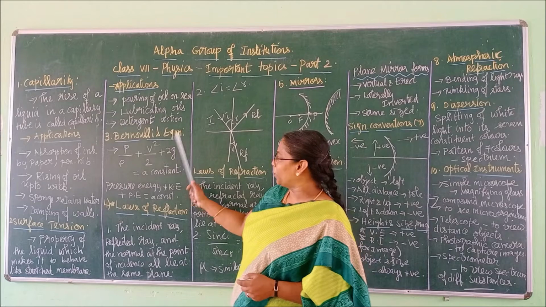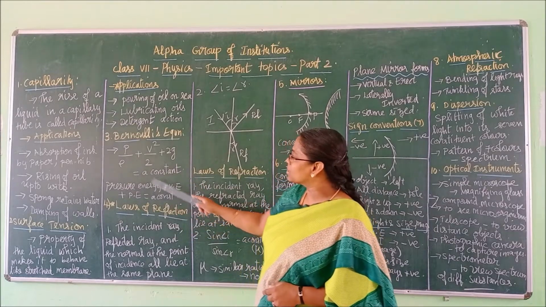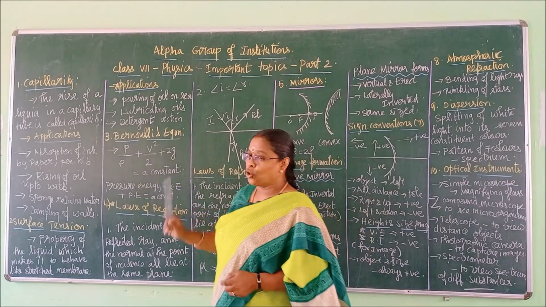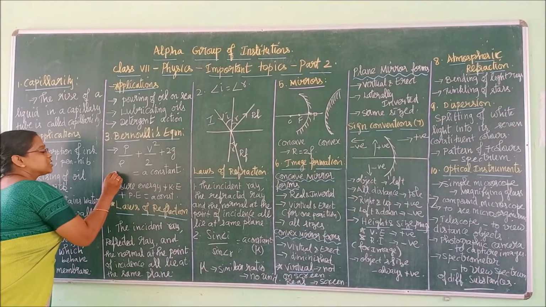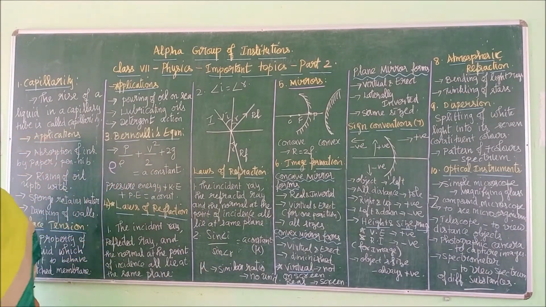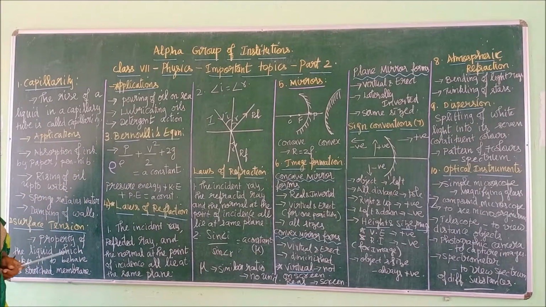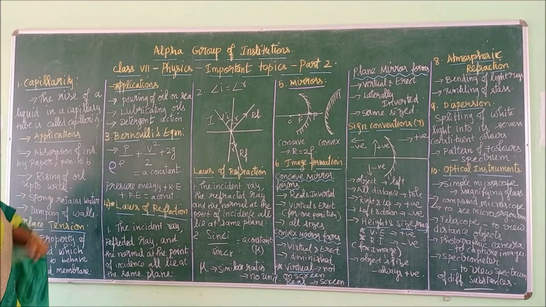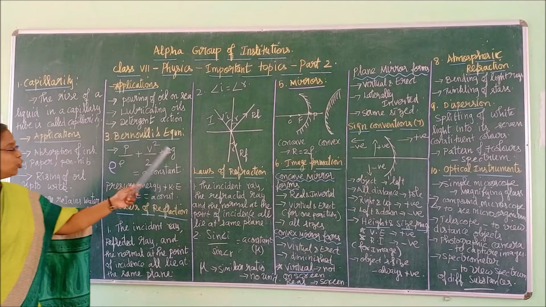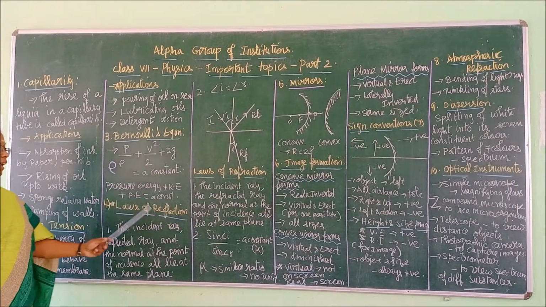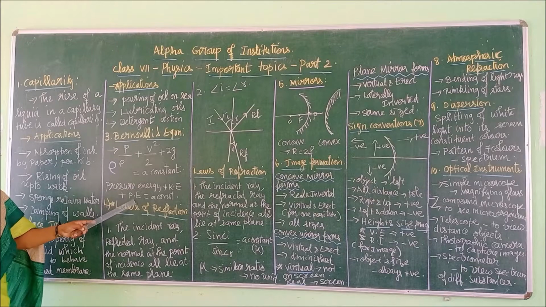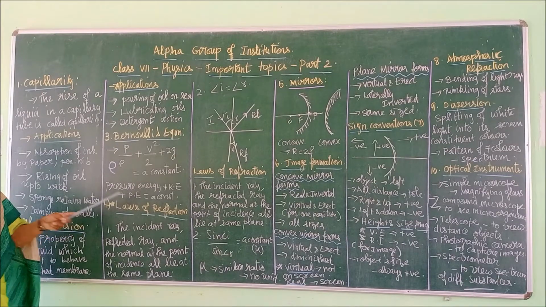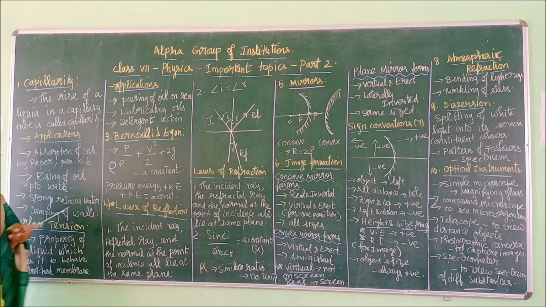Here, in the equation, pressure energy is denoted by P by rho. Rho, you remember children, how you write it? Like this. Right? P by rho is pressure energy, v square by 2 is kinetic energy and gh is potential energy. I have written the full form here because PE stands for potential energy, so that's why I have written pressure energy in full form.